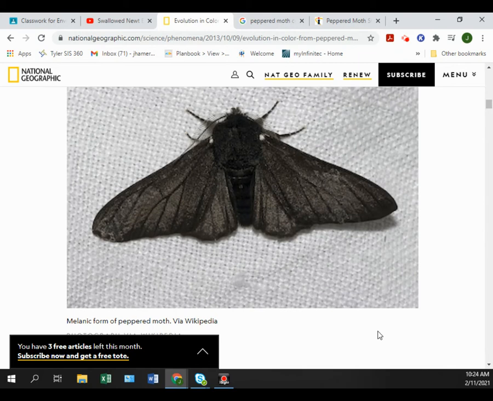Because over time and through generations, you've got the darkest ones surviving because they're camouflaged better, and those are the ones that are reproducing. So your gene pool as a whole has a larger number of darker moths in it, and those are the ones that are successful at reproducing, and so on and so forth. Does that make sense? So to go back and answer your question,